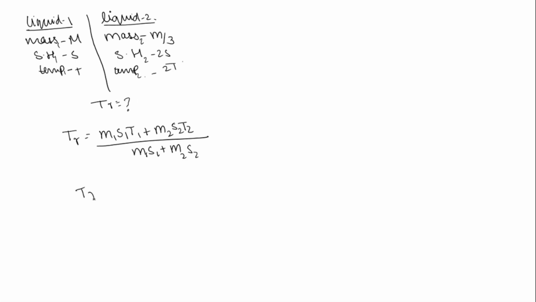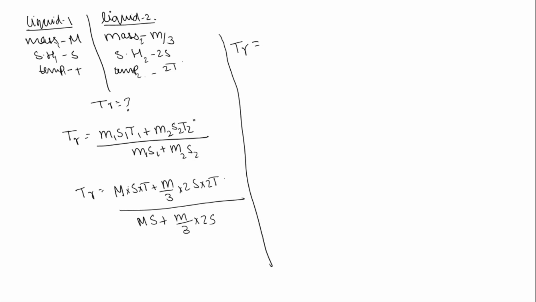So Tr is equal to M1 is M, S1 is S, T1 is T, plus M2 is M by 3, S2 is 2S, T2 is 2T, by M1S1, MS plus M2S2, that is M by 3 into 2S. So Tr is equal to, by taking LCM, we get 3MST plus M into 4 into S into T divided by 3, whole divided by,